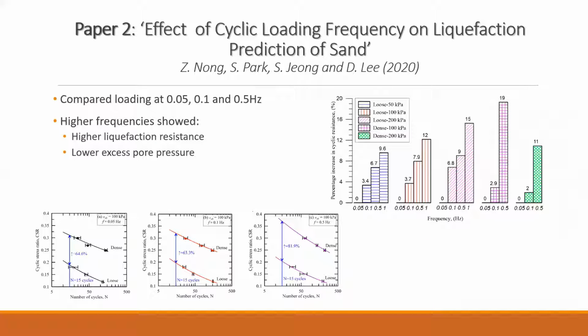This article, published in 2020, focuses on the effect of varying loading frequencies on the liquefaction behaviour of sand, both loose and dense. The article begins with a comparative literature review on the topic, before discussing the results of several cyclic loading tests on a sample of sand, with the results showing that an increase in frequency of loading caused an increase in the liquefaction resistance and a decrease in excess pore pressure, especially in the denser sand samples.